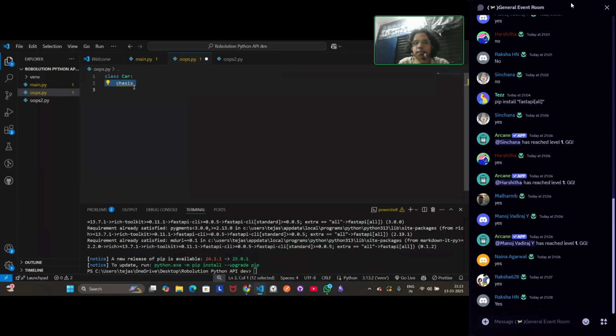with some property. Basically, we can have different cars. Now imagine a Volkswagen will have a longer chassis. So let's say chassis equals long. This is for a Volkswagen. Let's say a Suzuki will have a chassis that is short. These are different parameters that we can give to a particular object of this class. What objects are, we'll go into that, but for now just imagine that this is a car. These are all the properties that we can give to the car,